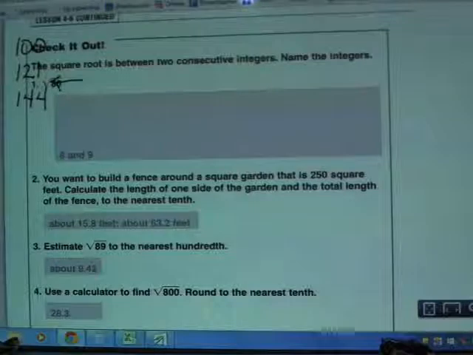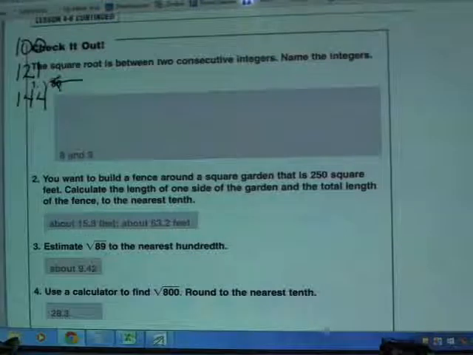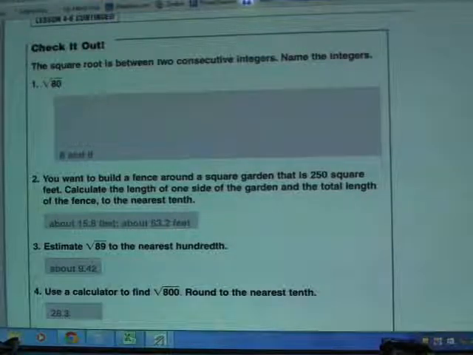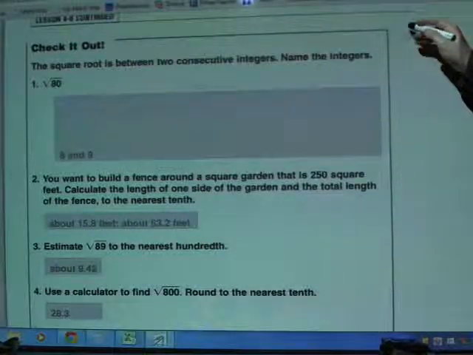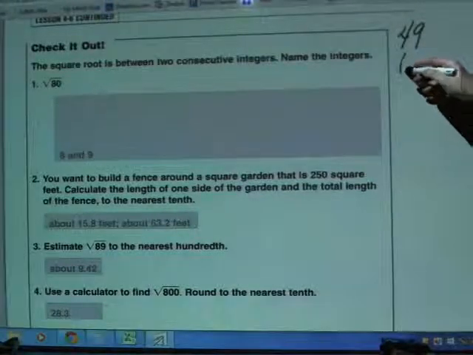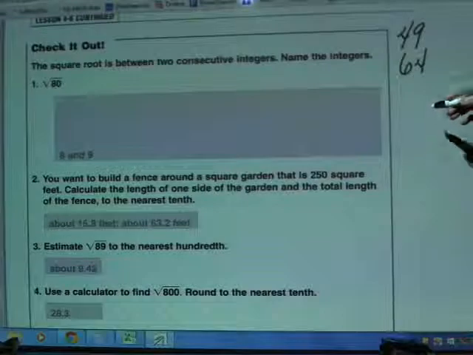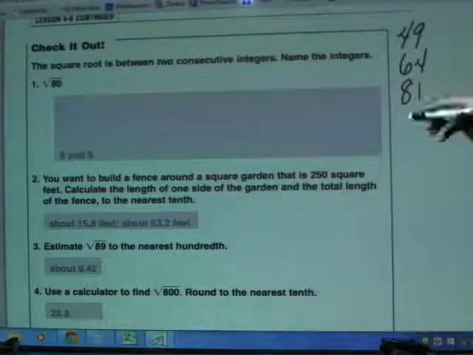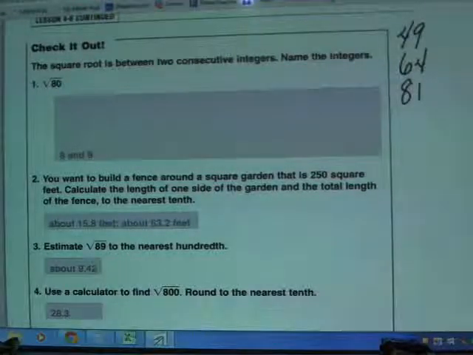All right, so let's go ahead and take a look at the concluding examples here. Number 1 is asking me to name what two consecutive integers the square root is between, and as you can see, they're talking about the square root of 80 there. So this would be a good time to recall that list that we were working with earlier. I'll give you some of the nearby surrounding ones. When we got to 7 squared, the result was 49. 8 squared, the result was 64. 9 squared, the result is 81, and at this point I can go ahead and stop